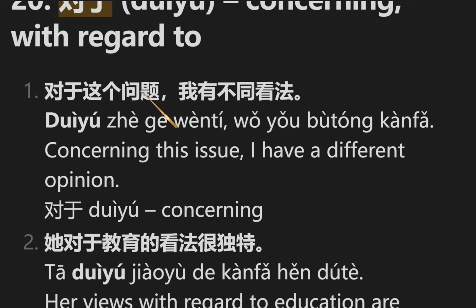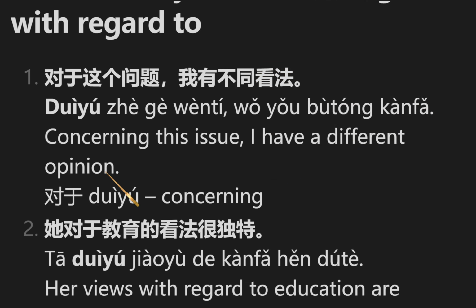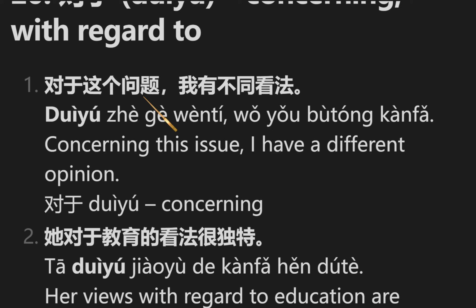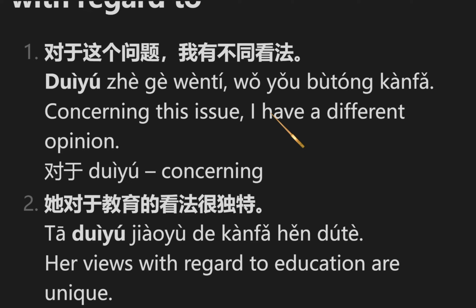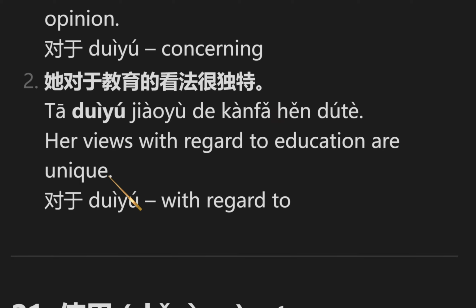对于这个问题，我有不同看法。So about or concerning this issue, 对于这个问题, I have 不同, different, or not the same, not identical. 看法: 看 is to see, to look, 法 is the method of how you're doing this. So it's a view, perception, opinion, perspective, vision, idea, belief, different variation. So concerning this issue, I have a different opinion. 对于这个问题，我有不同看法。